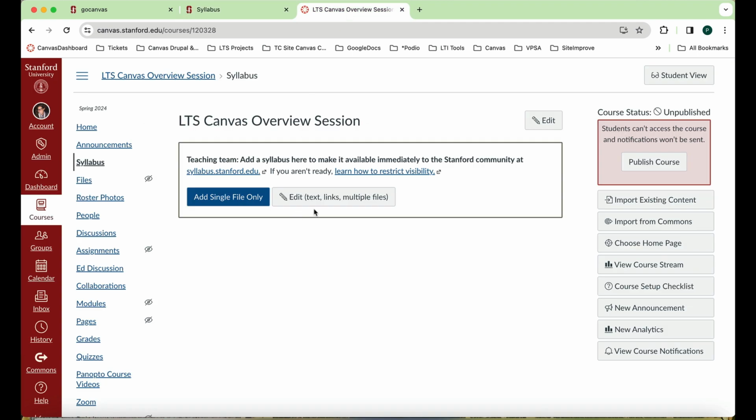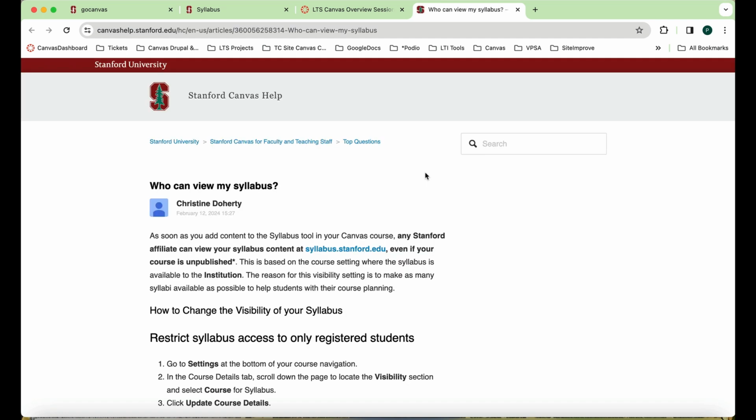You do have the option to restrict the syllabus access to those enrolled in your course. For instance, in this information box at the top, it says if you aren't ready, learn how to restrict visibility. Once you click on this, an article will appear with those steps on how to do so.